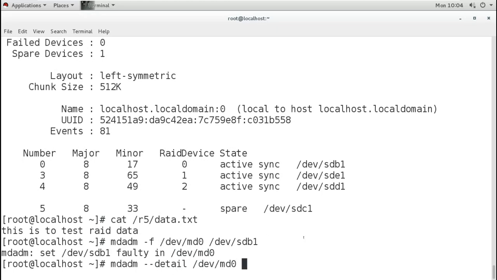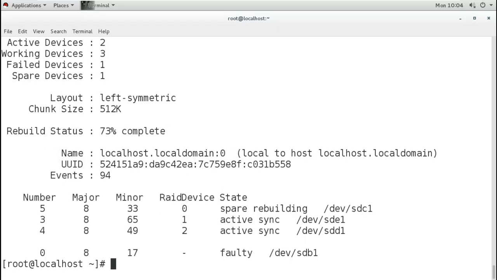Now when you check the detail, you can see this one is faulty, and when I quickly check the detail, you can see it is rebuilding from the spare. That SDC was on spare, now it is rebuilding and trying to add into the active disks.